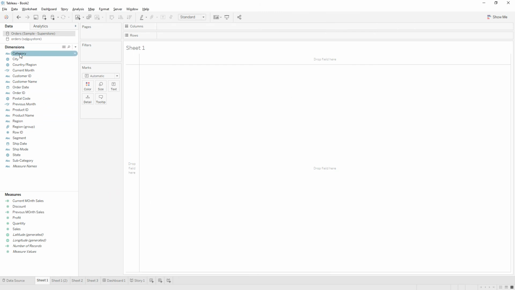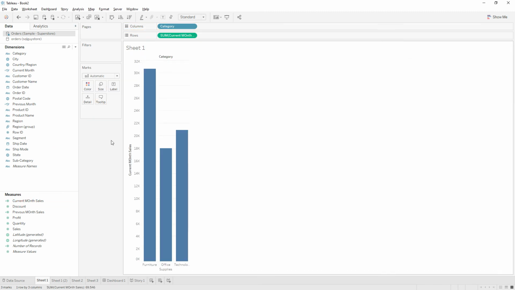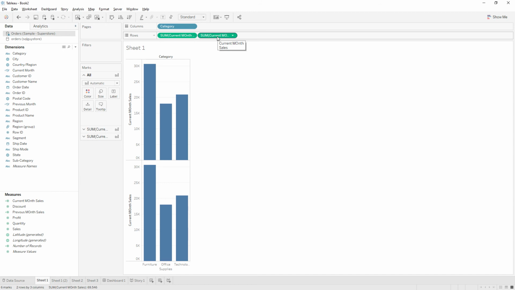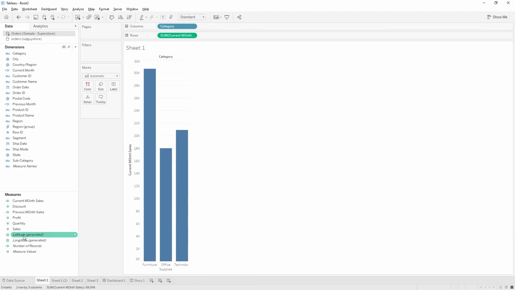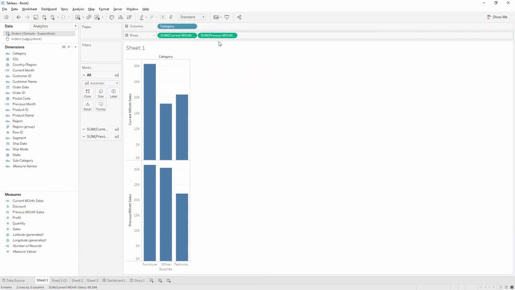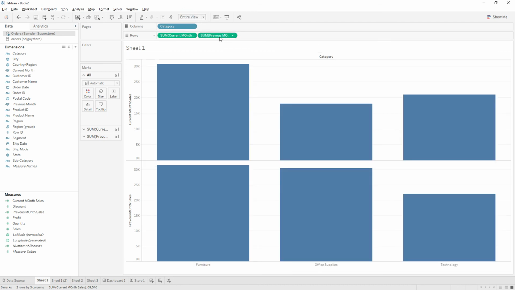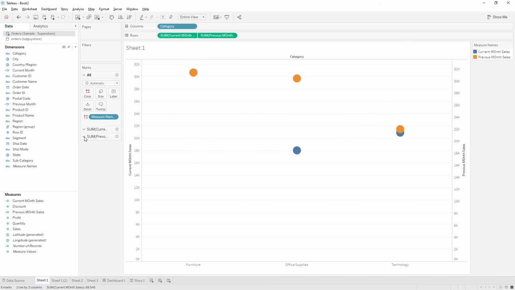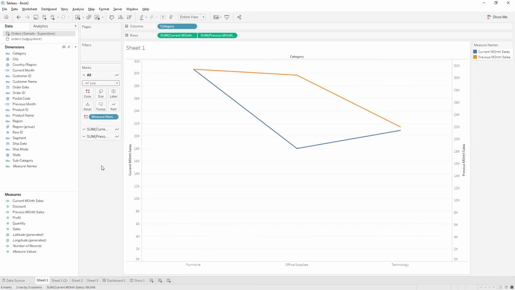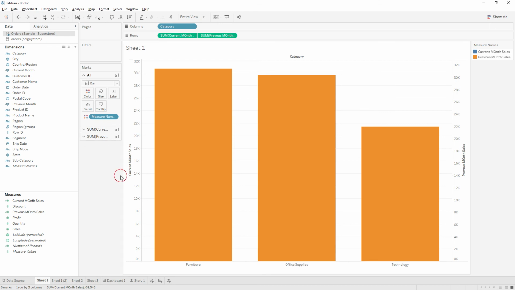Now I drag a category, and I drag current month sales and, sorry, I need to drag previous month sales and choose entire view, right click and choose dual axis and change the mark type to line, or bar, you can choose bar.